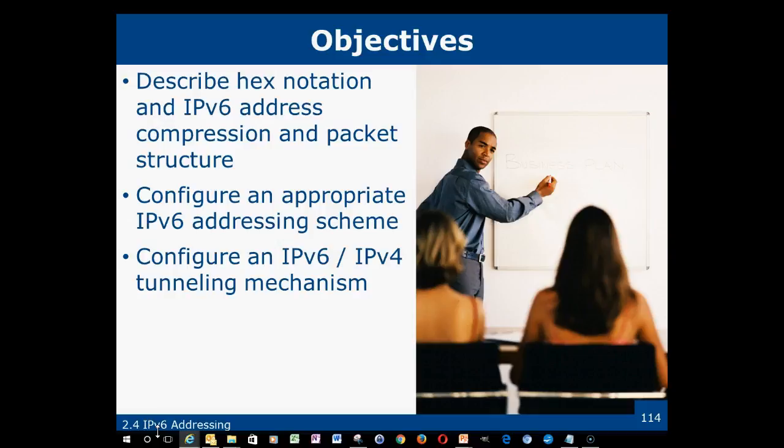Instead of going 1, 0, 1, 0, or 1, 2, 3, 4, 5, 6, 7, 8, 9, 10, we go 1, 2, 3, 4, 5, 6, 7, 8, 9, A, B, C, D, E, F. So we have 16 different numbers that we can go 0 through 15. The other one is to configure an appropriate IP addressing scheme, and then configure an IPv6 to IPv4 tunneling